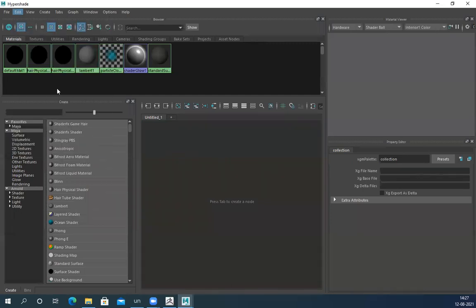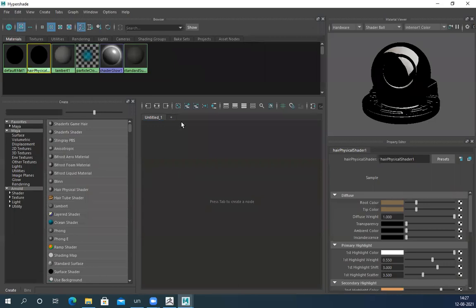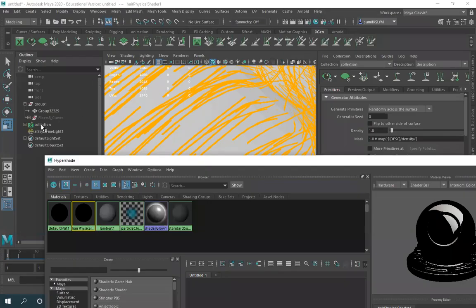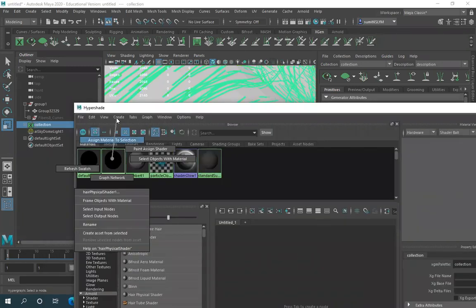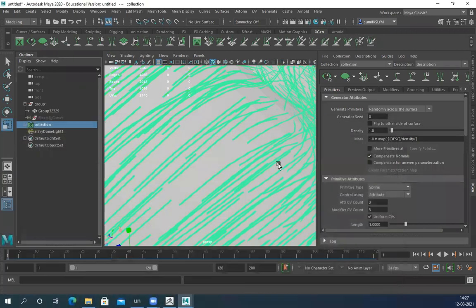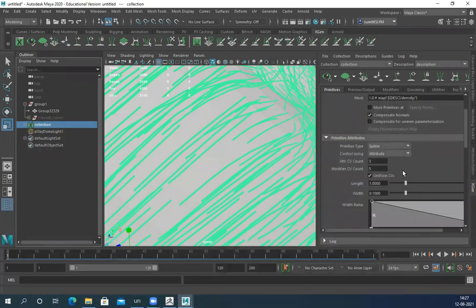Delete unused. Color and everything is there. It's correct only. This is assigned perfectly.